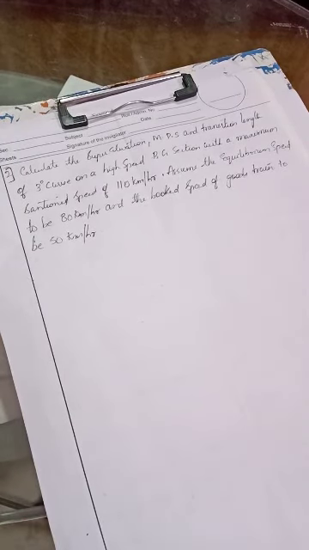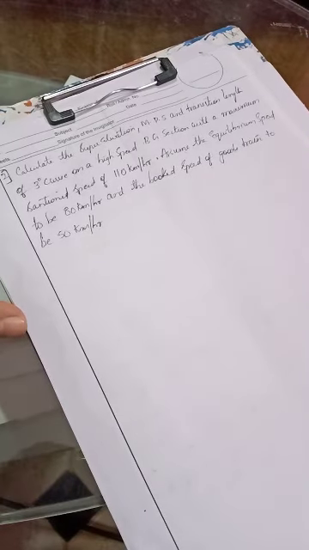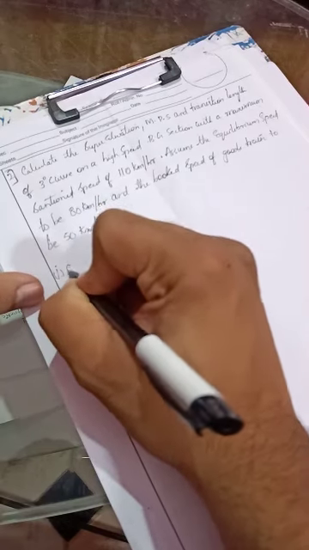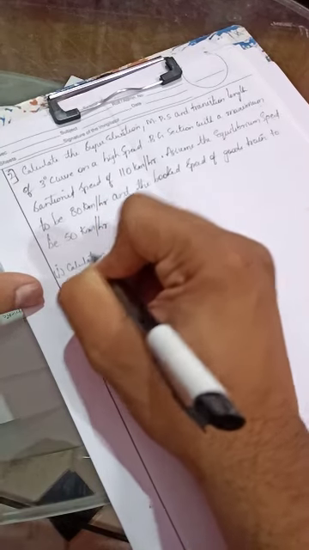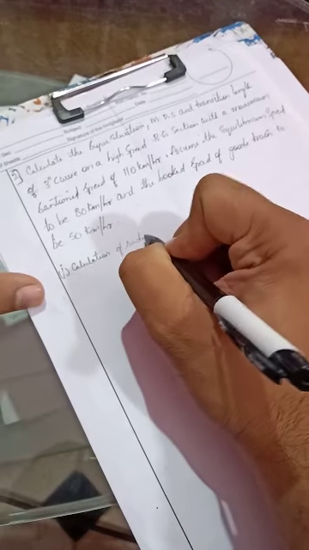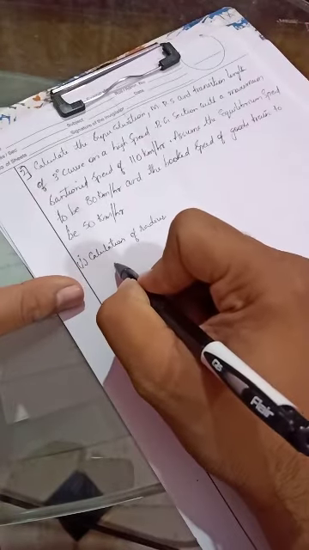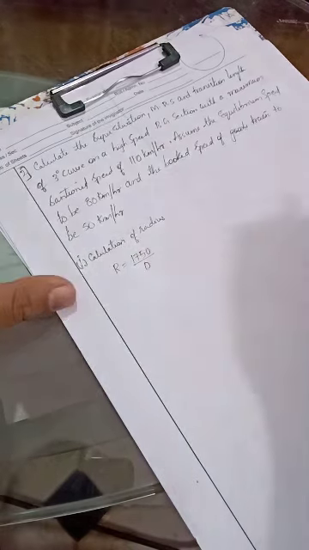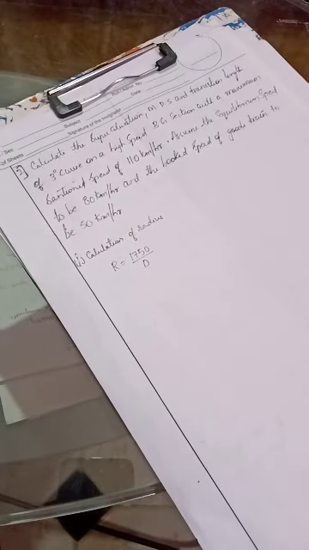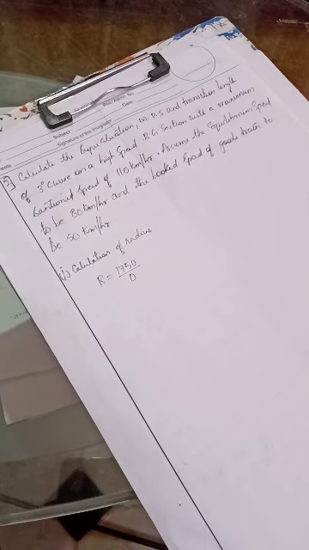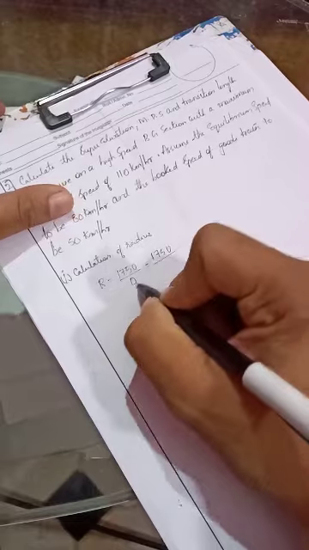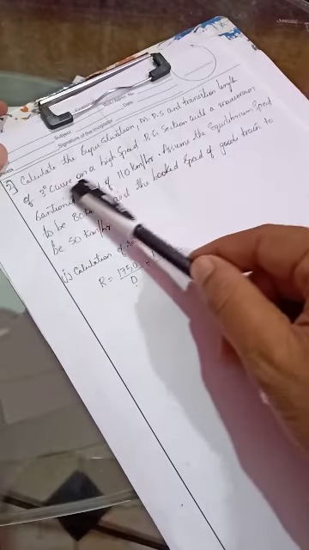As we know, to proceed with this problem, first we need to find the radius. So our first step is the calculation of radius. The relationship between radius and degree of curve is R is equal to 1750 by D, which stands for 1750 by the degree of curve as given in our problem. What is the degree of curve? 3.